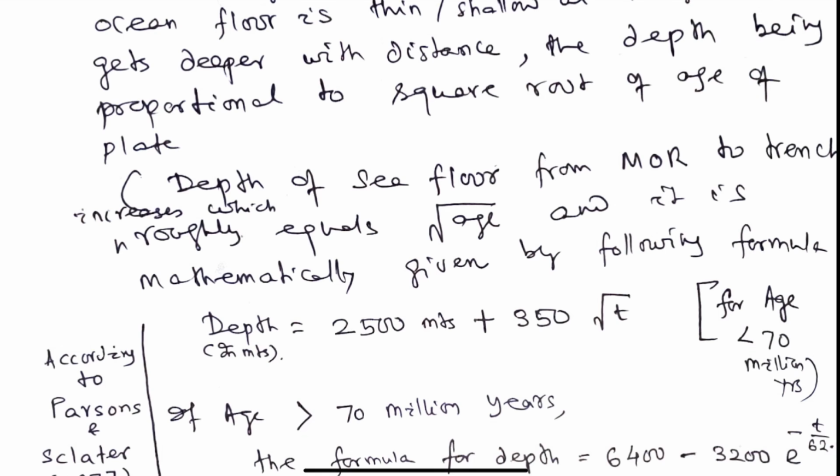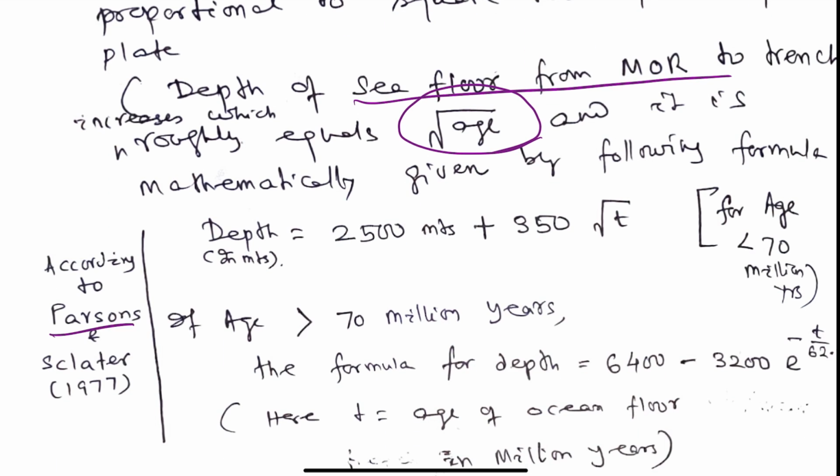And let us see how the depth of the sea floor is found to change from the MOR to the convergent boundary zones. It is roughly proportional to the age of the oceanic rock away from the ridge. And there is a formula that has been devised by Parsons and Sclater in 1977 to account for the depth of the ocean floor from the ridge axis to the trench. So, if the age of the ocean floor is less than 70 million years,